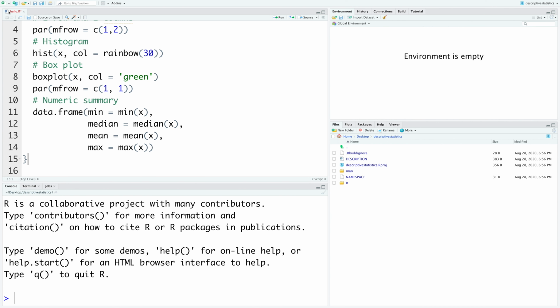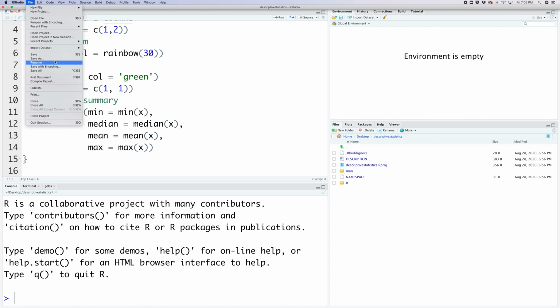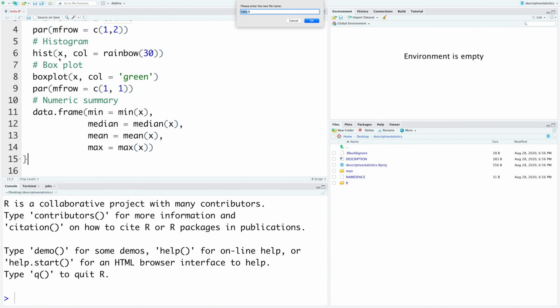Right now this file has a default name hello.R. So let's rename this and let's call it simply ds for descriptive statistics. Now if you look into this folder R, this file is called ds.R.